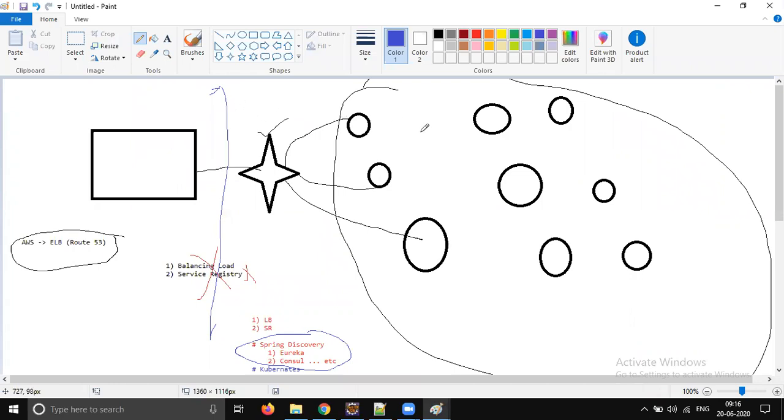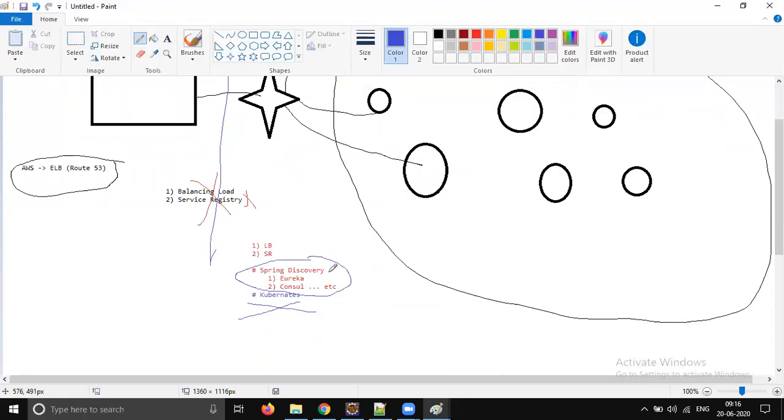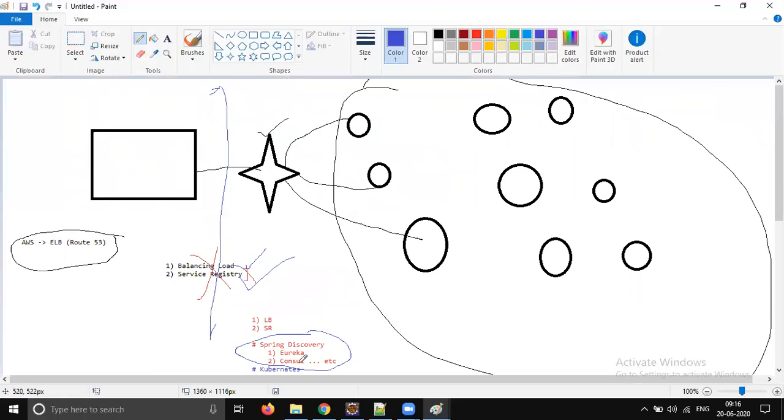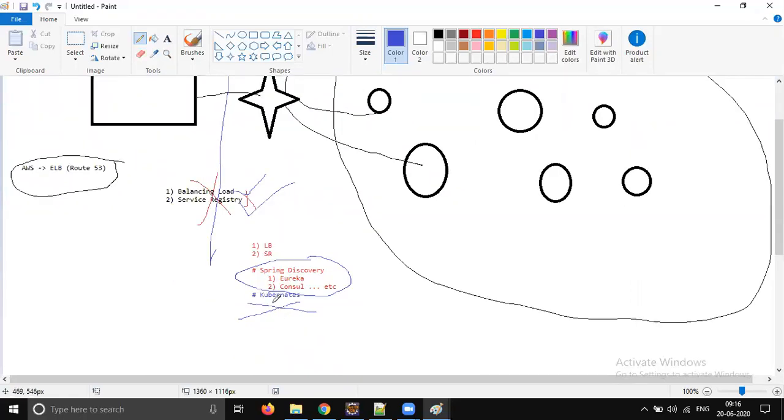So right now, whatever we are discussing is server-side load balancing. The existing legacy load balancer will not help us address that issue. So we need a service discovery, which takes care of load balancing and registering the service. Many service discovery implementations are available in the market, like Eureka, Consul, and what Kubernetes has, and some third-party service discoveries. But mostly people use open source like Eureka, Consul, or Kubernetes. Most of the time, people will go with Kubernetes service discovery, which is much more powerful than Spring's service discovery.